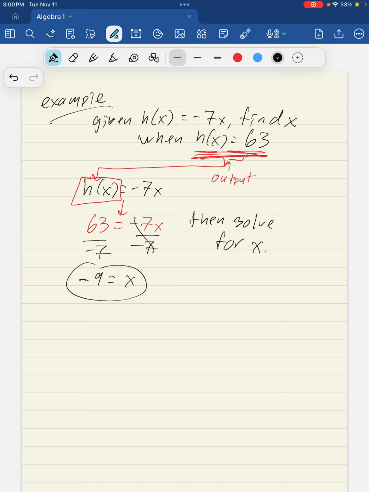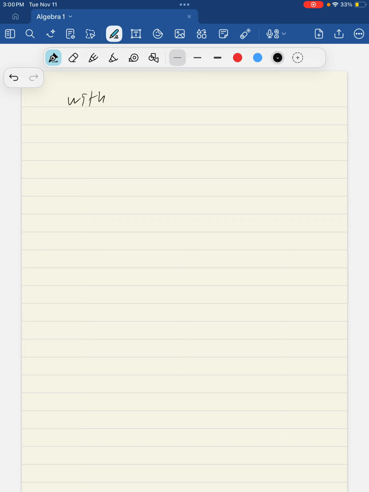Okay. Now, one last thing you might see is with graphs. And graphs, if you can remember that y, well, I'm going to show you with graphs. We've got find x. Oh, I got to